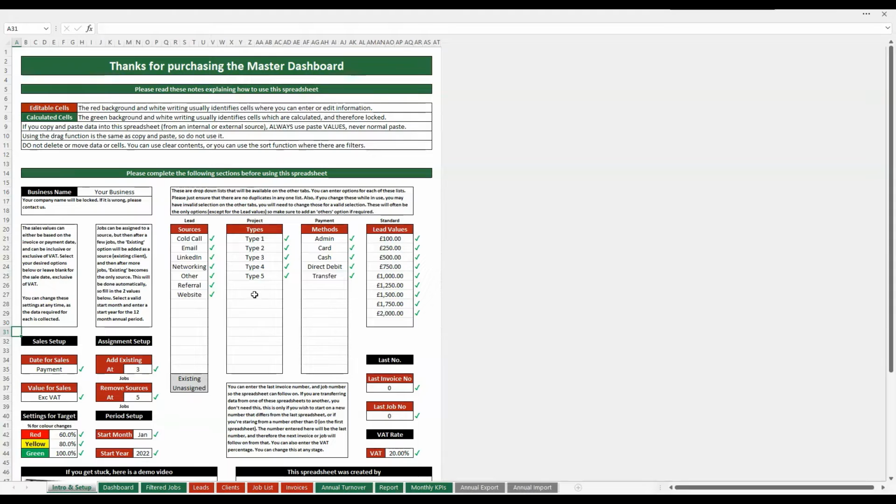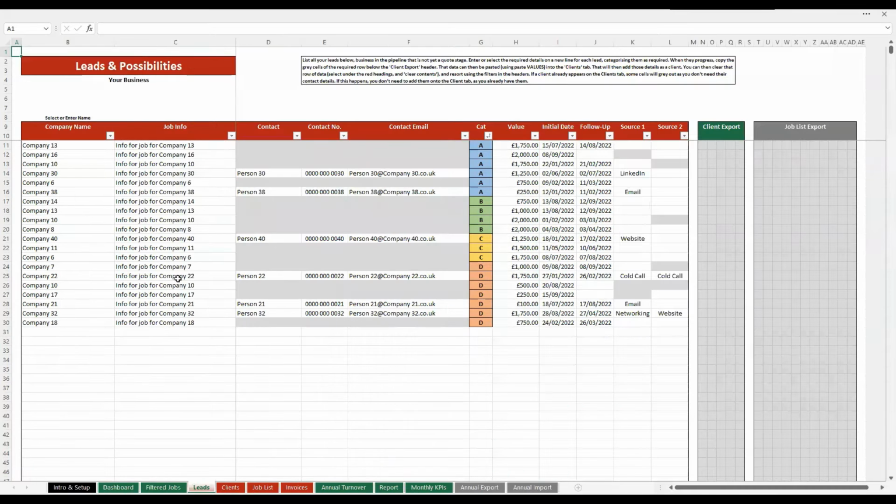So those are the settings. Once you've set that up, you are ready to go. I'm going to jump straight across to the 4 red tabs, because those are the ones where you're entering information. So the leads,